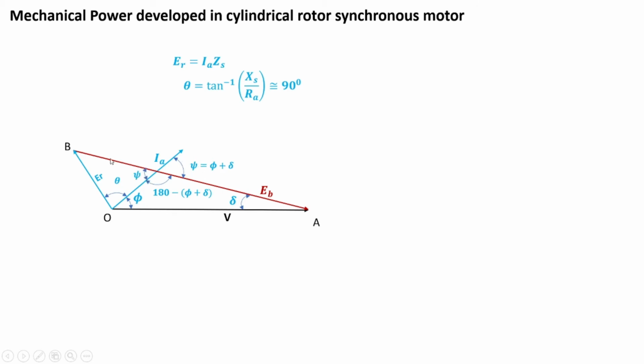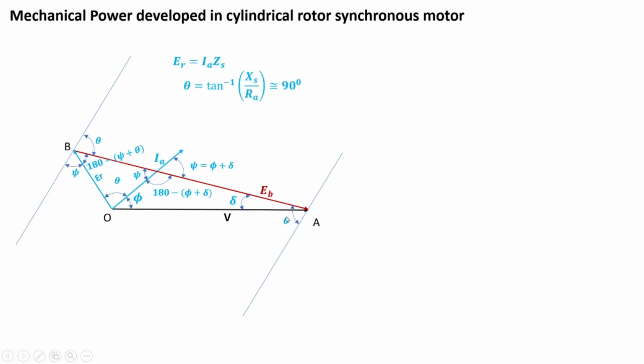As the angles in a triangle sum to 180 degrees, this angle is 180 minus psi plus delta. Now let's draw two lines from the tips of B and A like this, so that the angle between EB and this line is theta. Since these two lines are parallel, as this angle is theta, this angle is also theta. Considering the total angle is 180 degrees, this angle is theta and this angle is 180 minus psi plus delta, therefore this angle is psi.